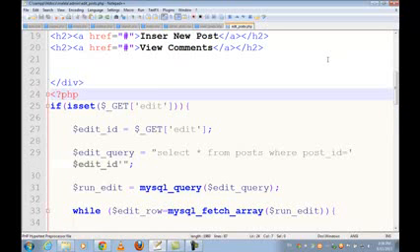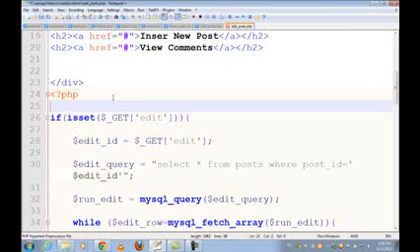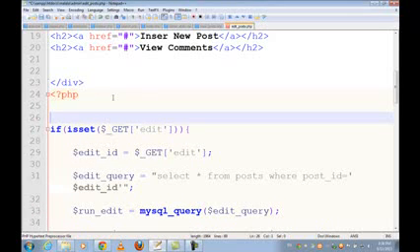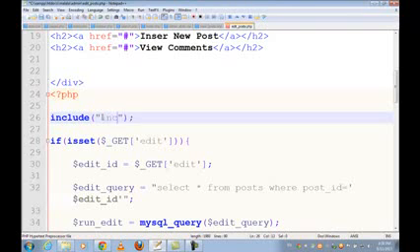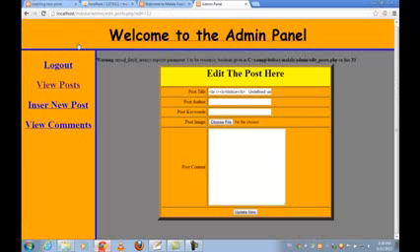Oh my god guys, I checked the code, we just forgot to include the connect page to make a connection with the database, because we are dealing with the database, we are editing the database or retrieving the data from the database, but we haven't created the connection. So we need to include first the connection of the database here by including the connect page from the includes folder, connect.php. So after that, just come here and replace this page,